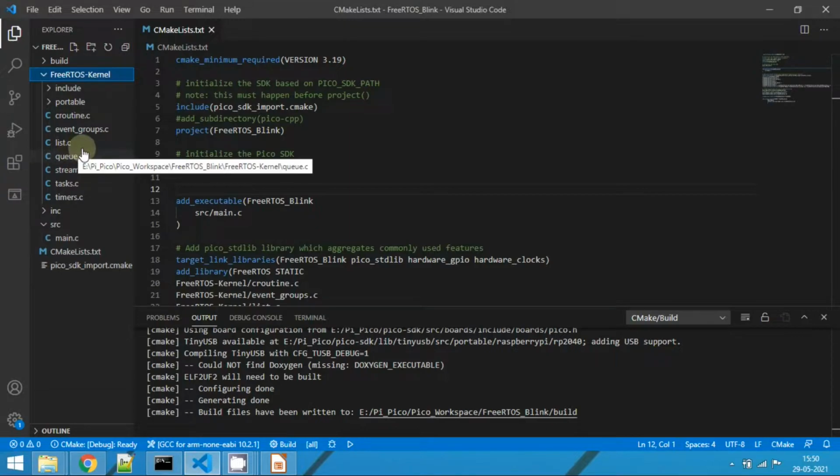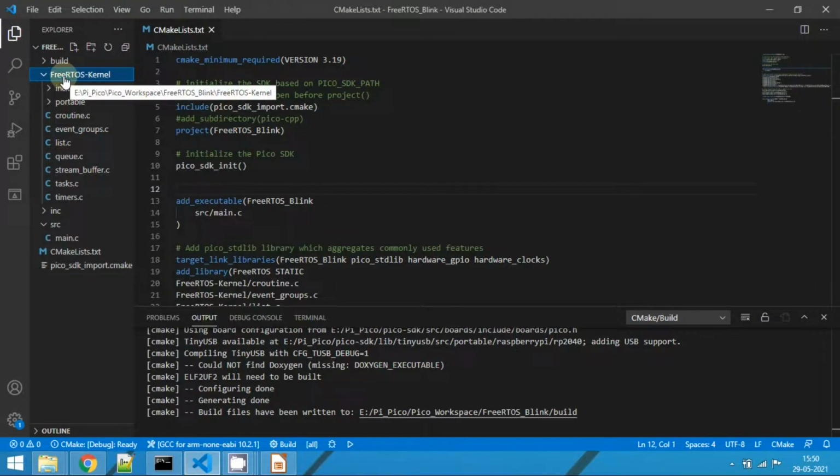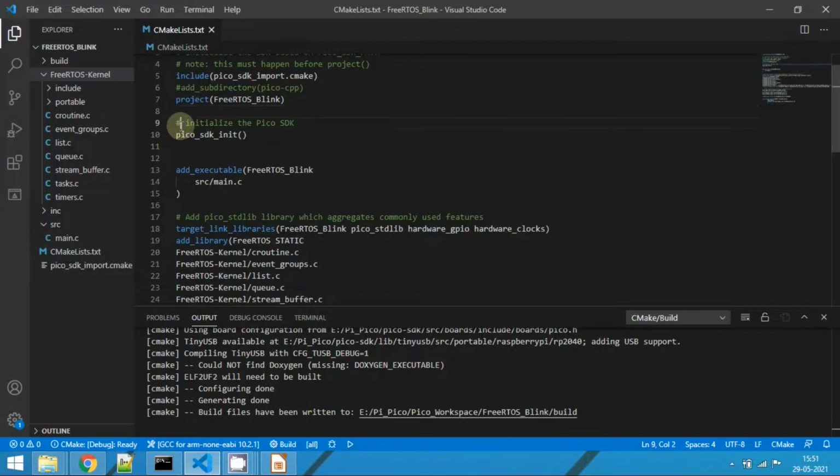Here I have created a CMakeLists to suit the FreeRTOS project. As usual, we need to include the Pico SDK import.cmake file, and then give the project name. Here the project name is FreeRTOS_blink, and the next step is to initialize the SDK.